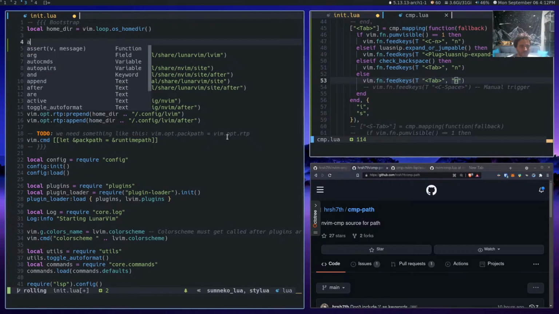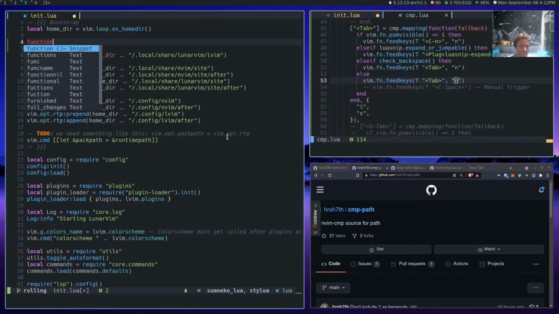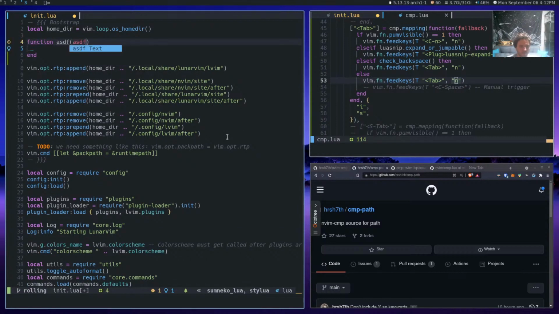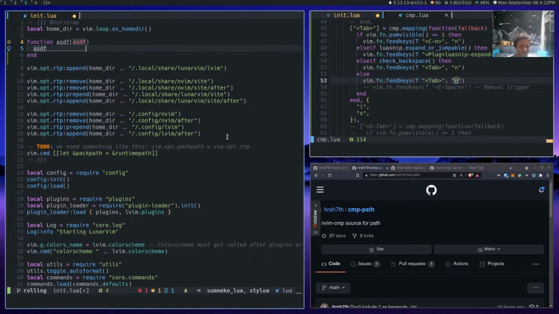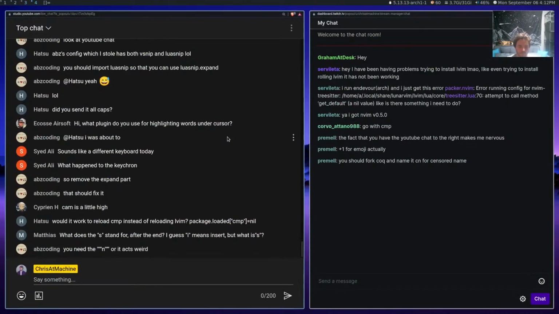Okay, that's a good sign. And then if I do function, ASDF, enter, ASDF, variable, fine. Okay, there we go. And I'm free. And I can tab. If I jump back and I'm right on the edge of it, it'll give me that. Might be something I can do about that.